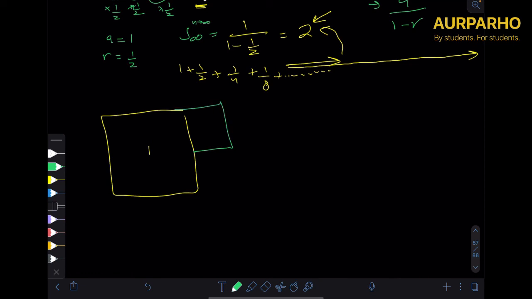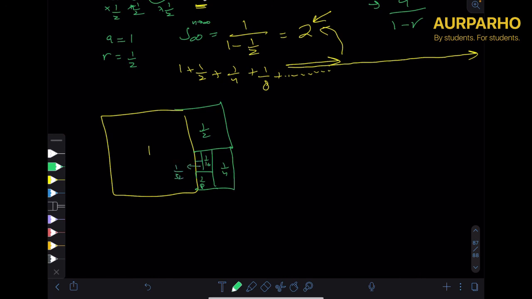So let's say it looks something like this. And then to the half, you add a fourth, so half of this. And to the fourth, you add an eighth, so half of this. Right? So this is half, this is fourth, this is eighth, and then half of this, 16th, half of this,